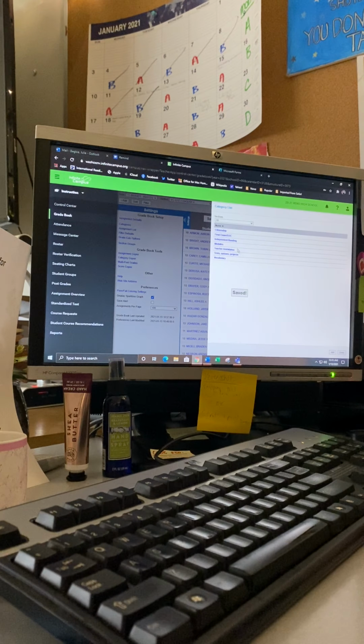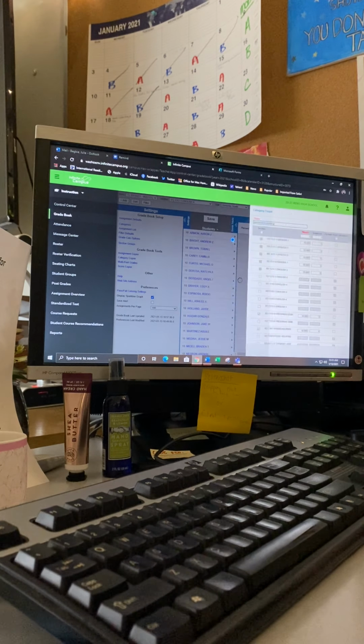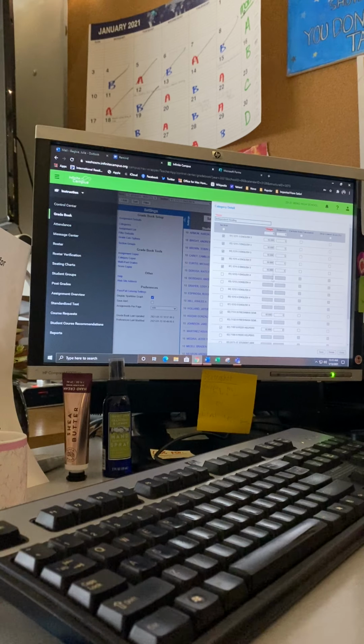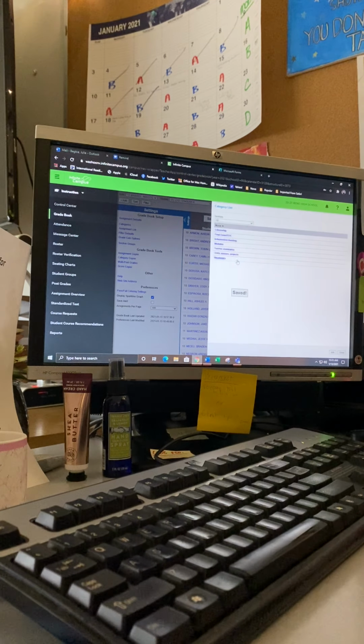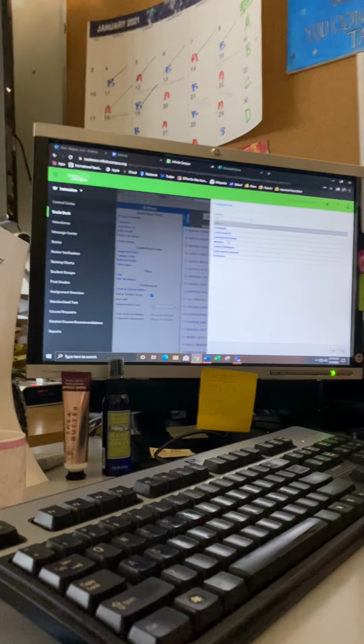And then I'm going to go through each of these sections. Independent reading should be worth 10% for everybody, which it is. And so that is how you set up and determine how much each category is worth when you're doing weighted grades. Cool. So then